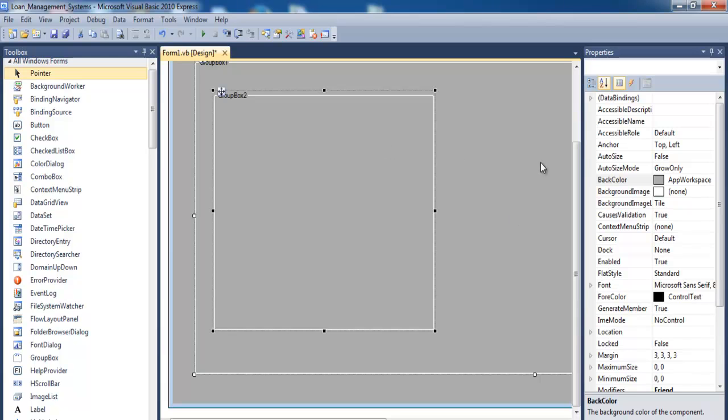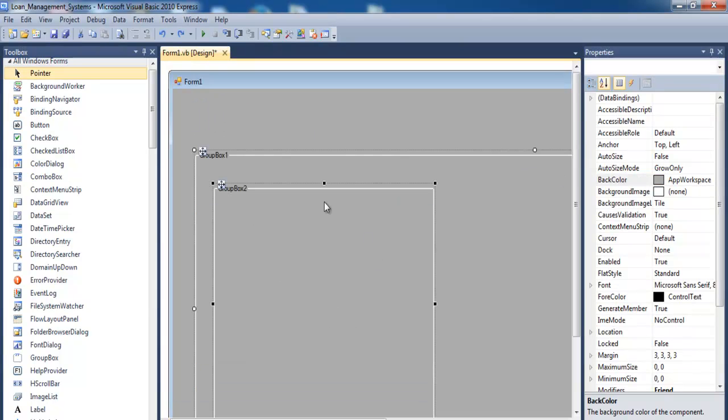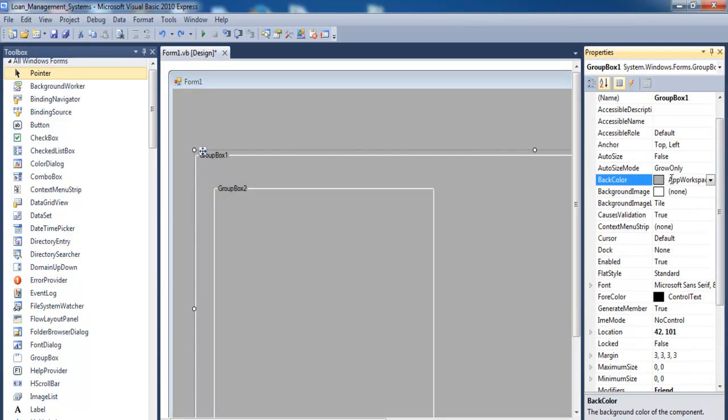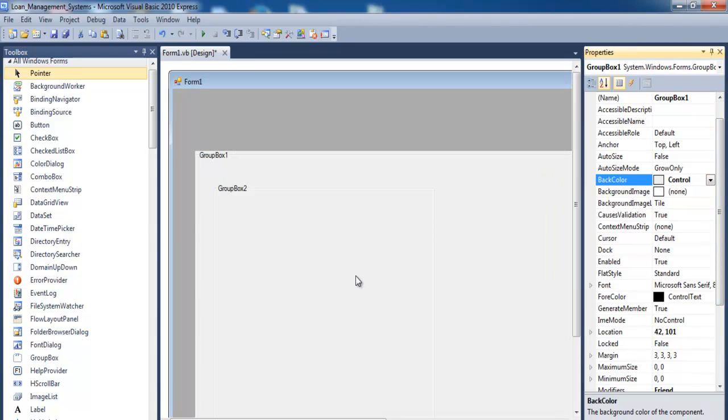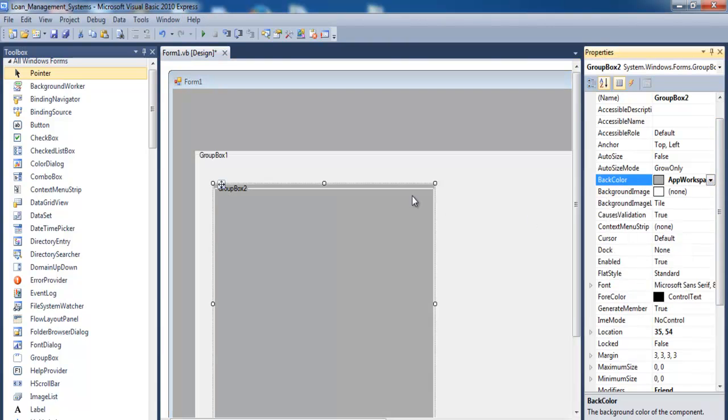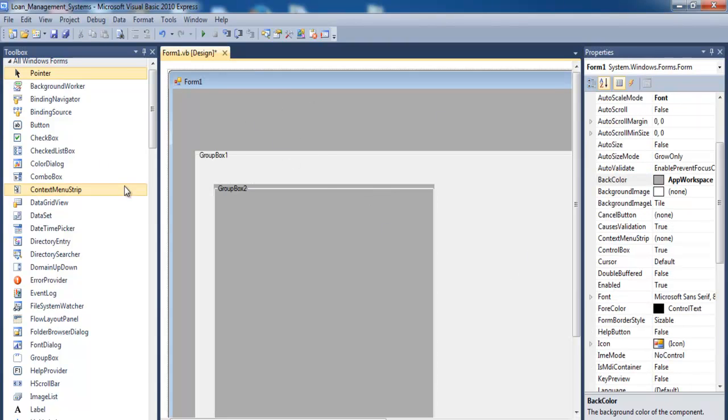No, that's wrong. This very one. The one in there will be changed to app workspace here, and up here we need a label,